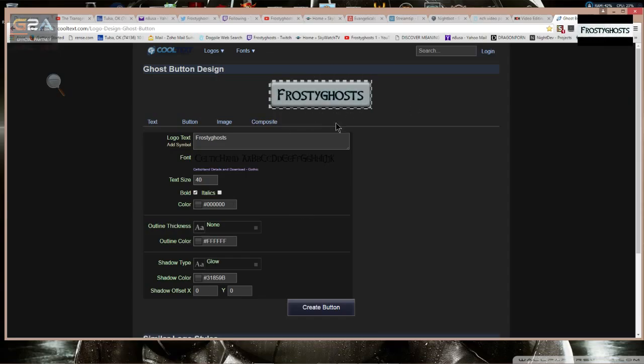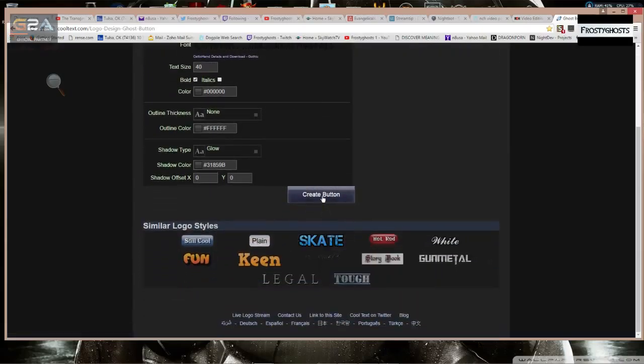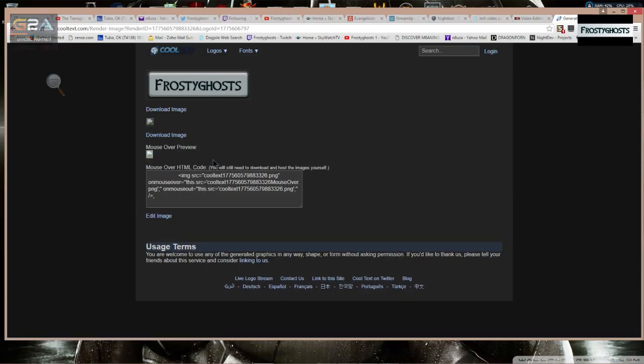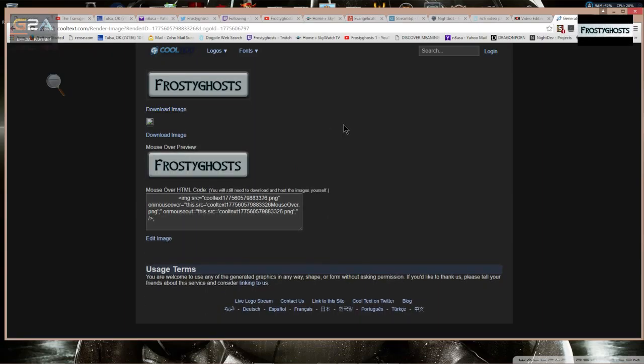Once you have your logo, your button design, and your text completed, you simply hit your create button down here, and there it is, and you can download your image. So that's about as simple as it can be, at least as far as creating the text. And that's basically all I did. Frostyghosts. Now, once that's accomplished,